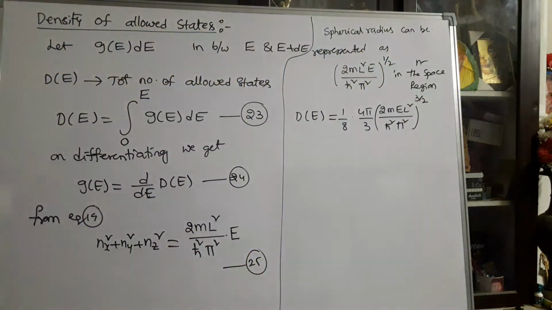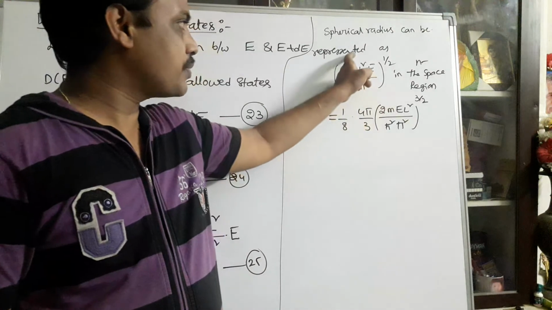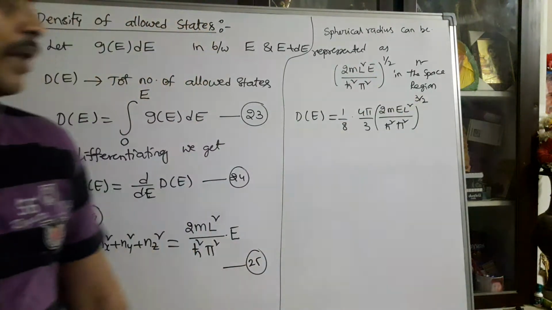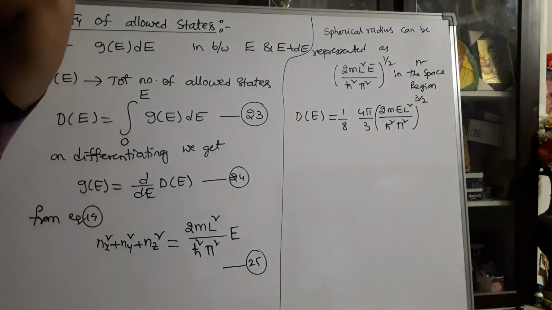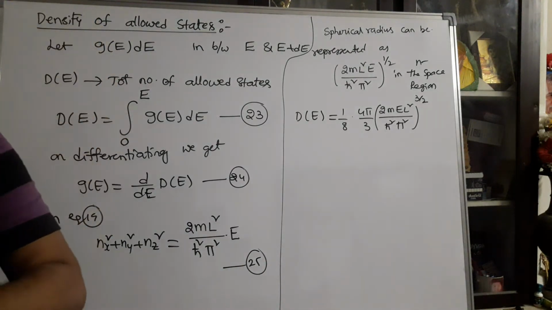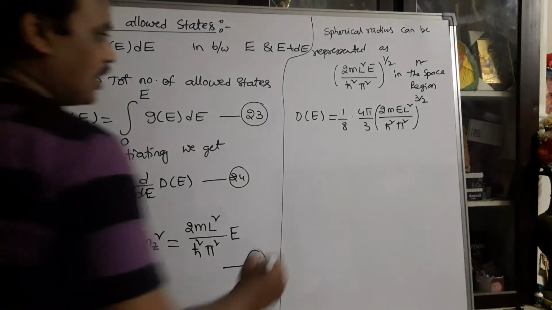Density is equal to mass by volume. On that way you can substitute. The volume of the sphere is 4/3 pi r cube, where r whole cube is nothing but the power 3 by 2, because we are taking the cubical box. On calculating you get the result